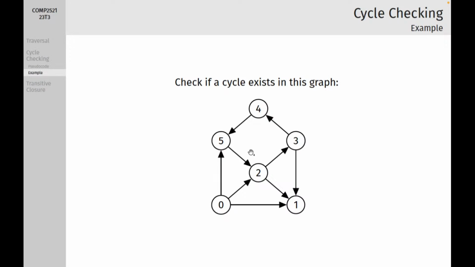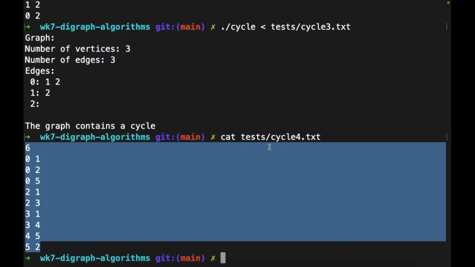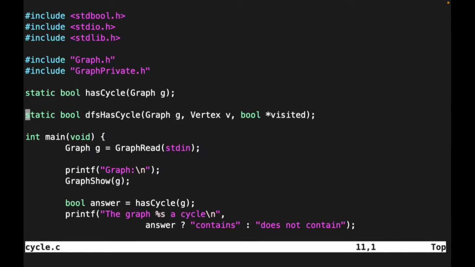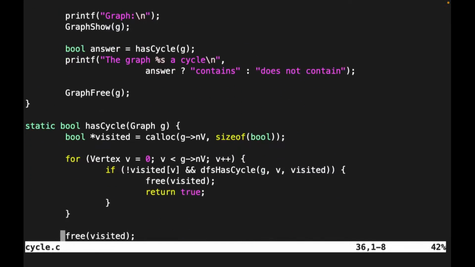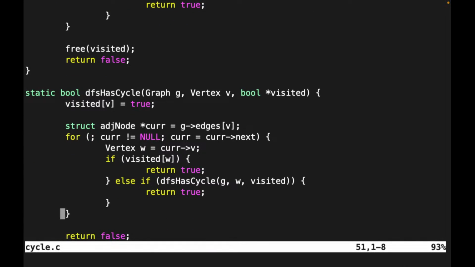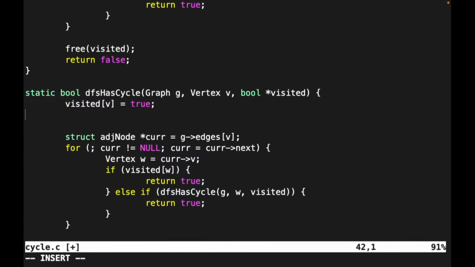All right, and let's just demo this by adding some print statements to this cycle function. Oh yeah, we also have to implement the algorithm first. So let's remember